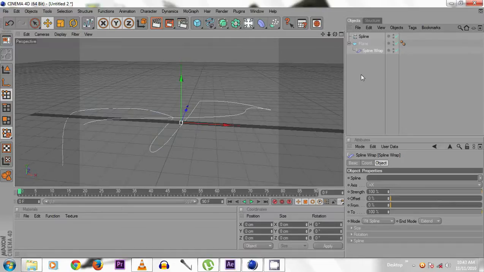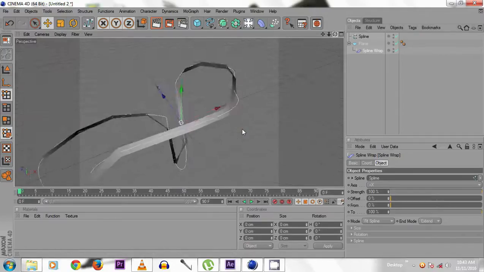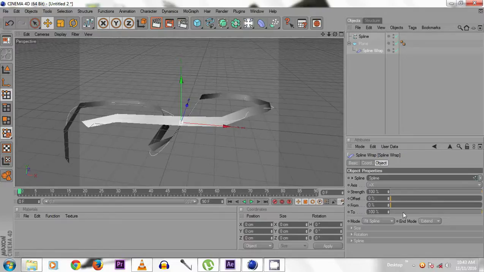Okay, now in the spline wrap settings, in the spline box, drag our drawn spline to it. Now we have the solid on the given path. Now play with the offset settings.